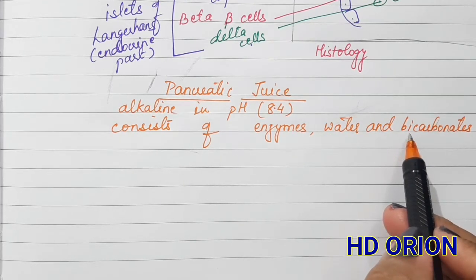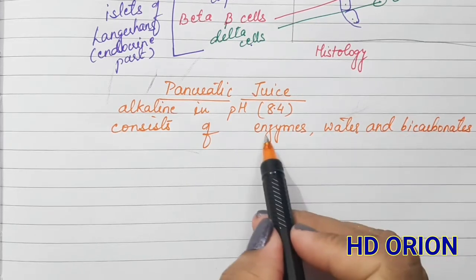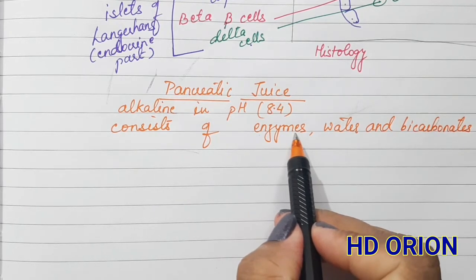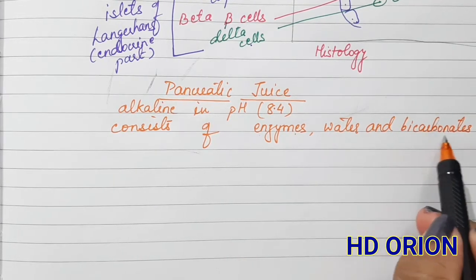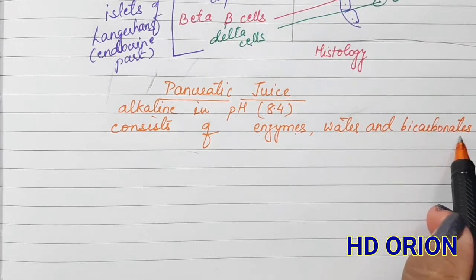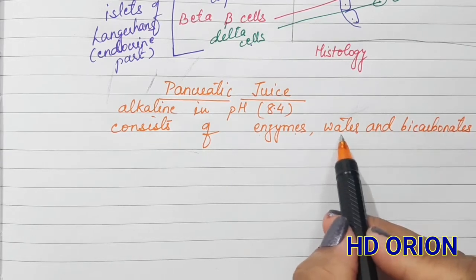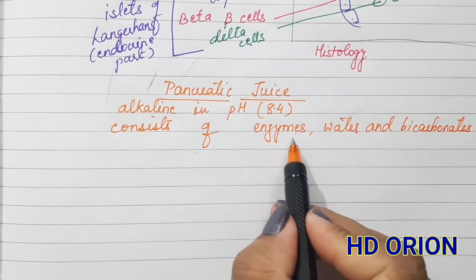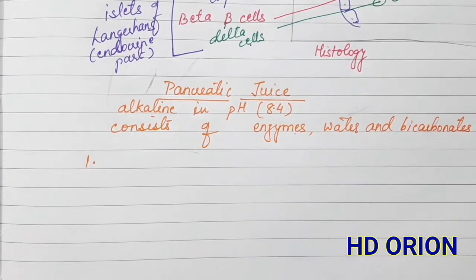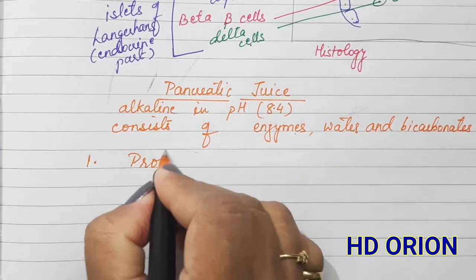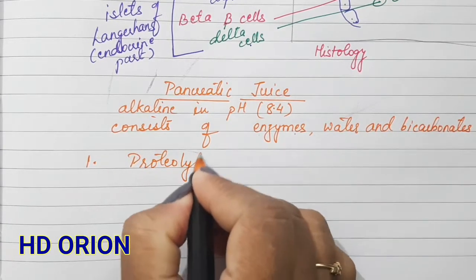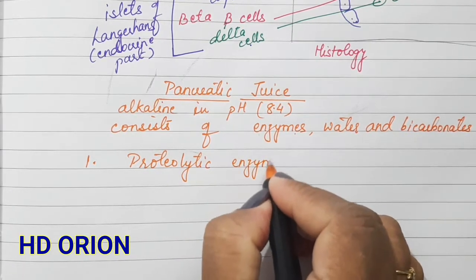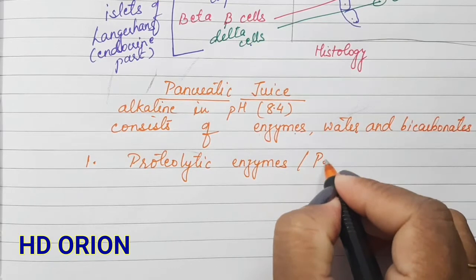It is necessary that it is alkaline because all the enzymes that are present in the pancreatic juice work at the alkaline pH, and therefore the bicarbonates ions provide the necessary pH. The water is present for the metabolic reactions, and let us see the types of enzymes that are present. The first types of enzymes that are present are the proteolytic enzymes. These enzymes digest the protein or break down the protein. We call them as peptidases also.